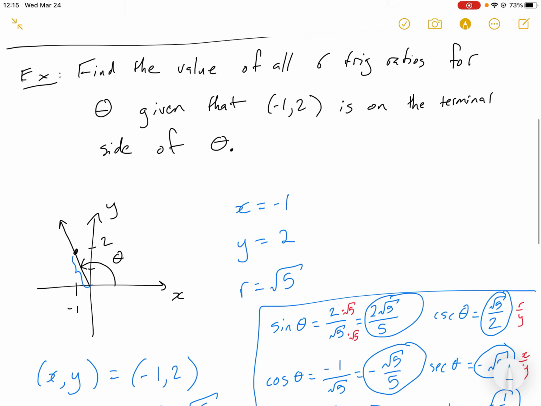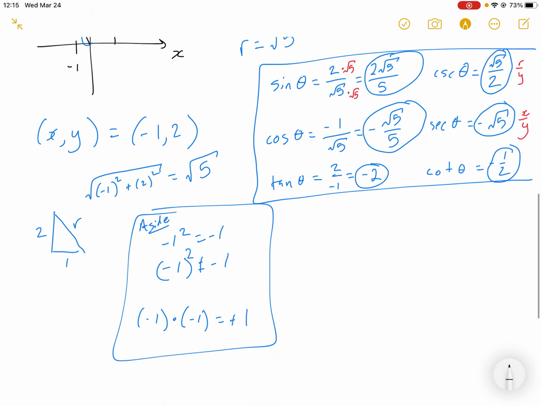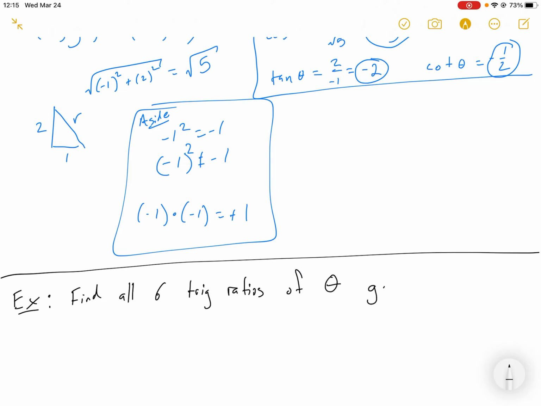Okay, so this is a problem where I gave you the point that's on the terminal side. Let's take a look at another type of example where you have to work a little bit harder to find the actual point that's on the terminal side. So I'm going to tell you in this problem, find all 6 trig ratios of theta,